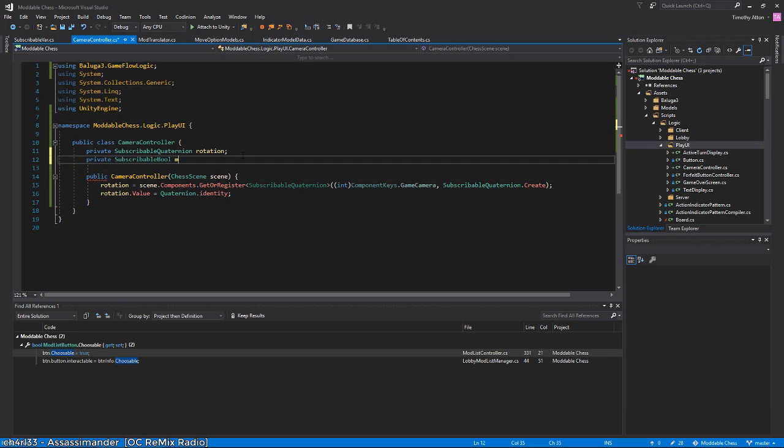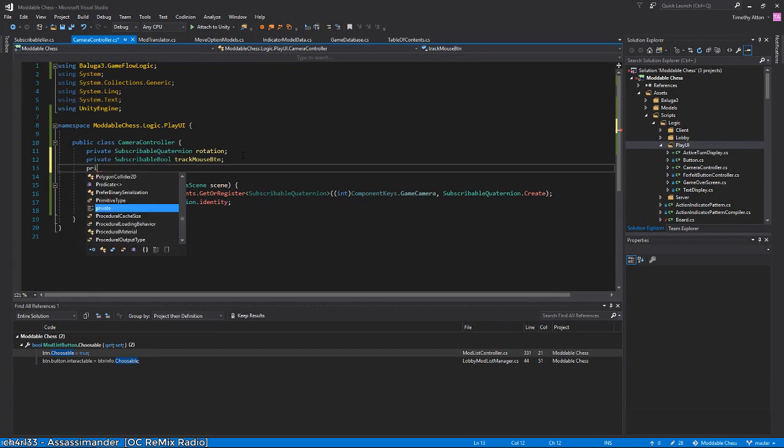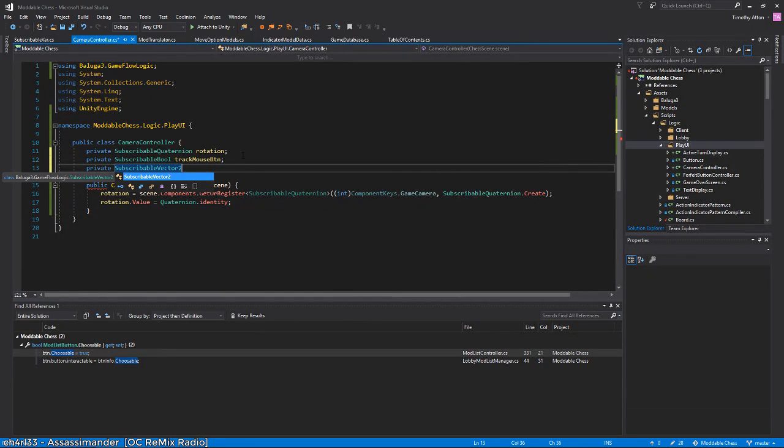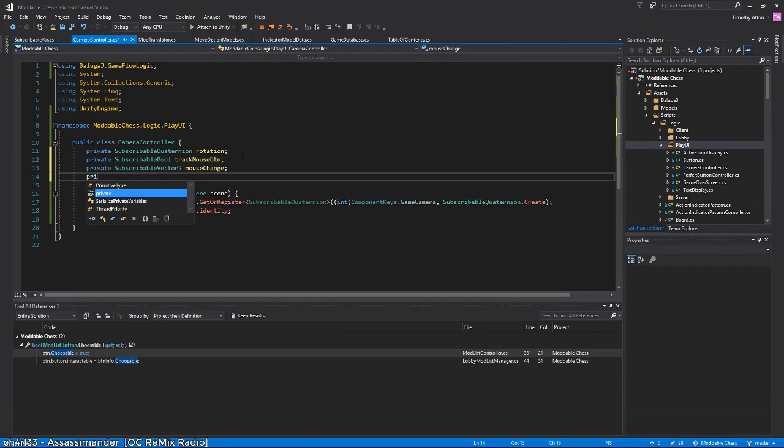Let's just call this track mouse button, and then I'll need subscribable Factor 2, which is, this is mouse change, and also